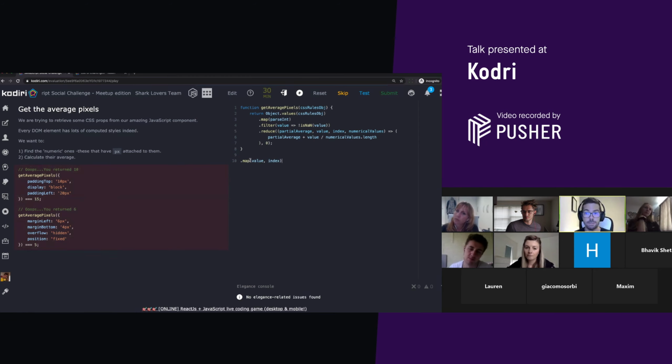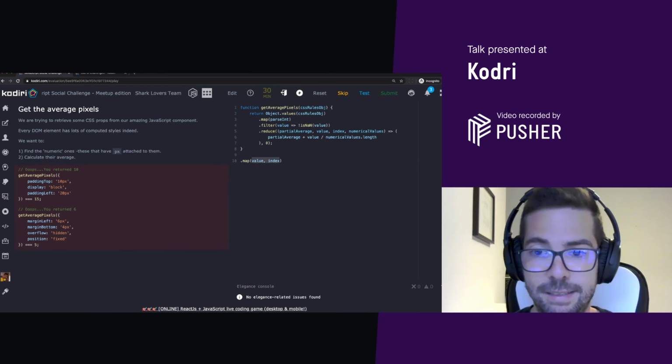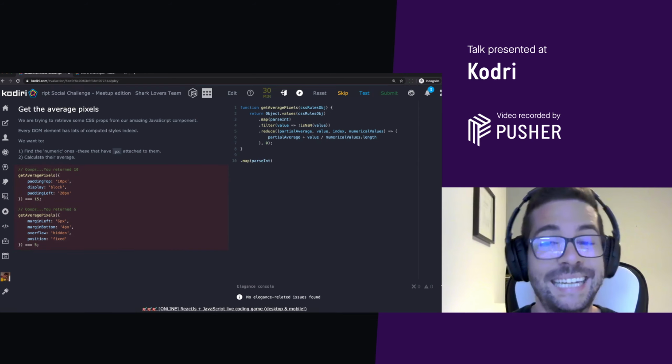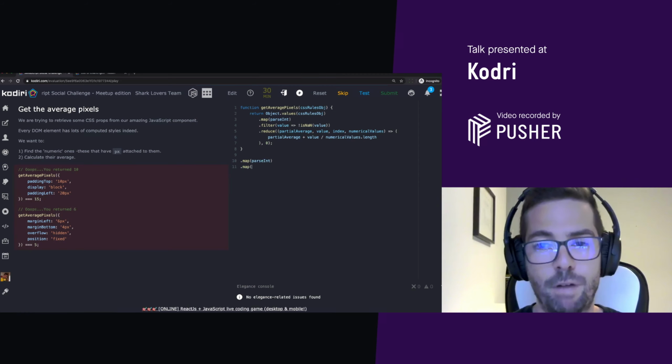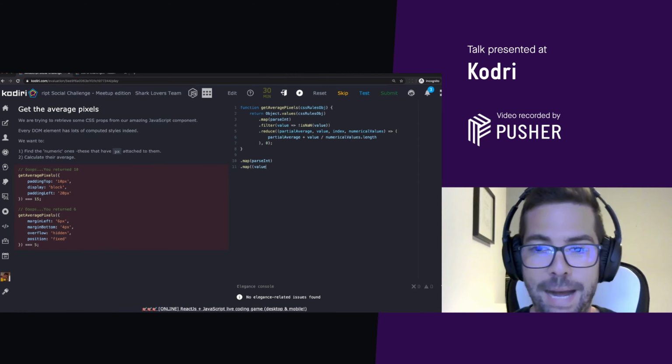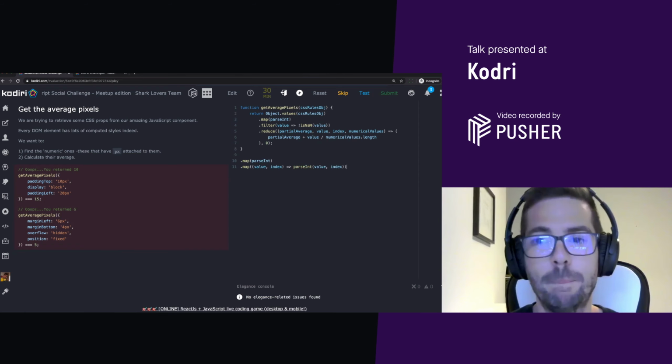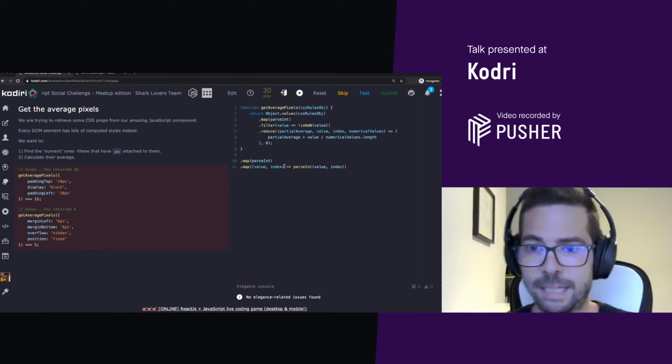So if you got map and then you call parseInt, that code is equivalent to the following one: map value index parseInt value index. To simplify things, again, there are more arguments here, but I don't want to talk about them, right?